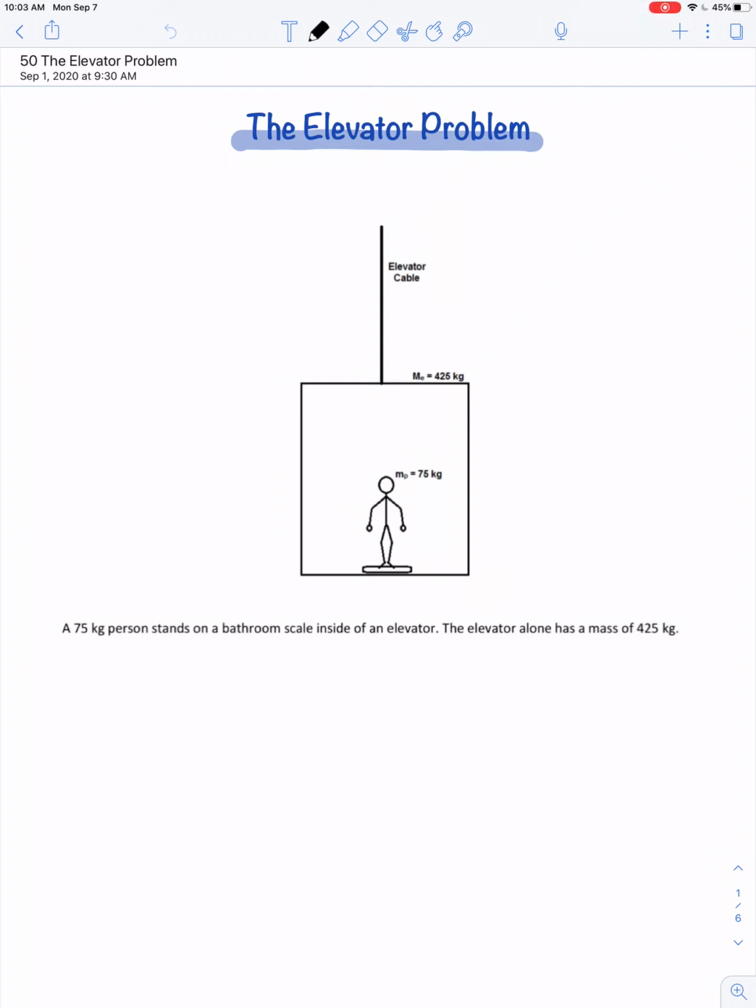The elevator problem is a classic problem in physics. It serves a few purposes. It's a reminder that weight is a force. Okay, so we calculate the force of gravity by multiplying mass times acceleration due to gravity. It's also another problem in which we can practice making free body diagrams. And lastly, it reveals the difference between internal